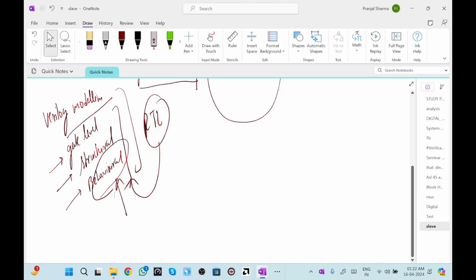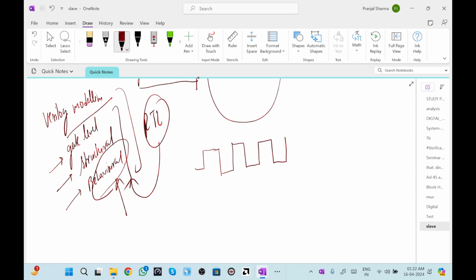So if I create this clock over here, this is the clock which I'm creating. This point is known as the edge. If the point is rising, that means it's a posedge. If the point is falling downwards, this is a negedge. Then we have this level, this is known as level.